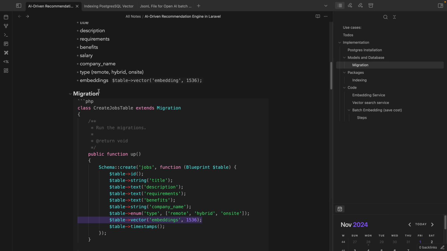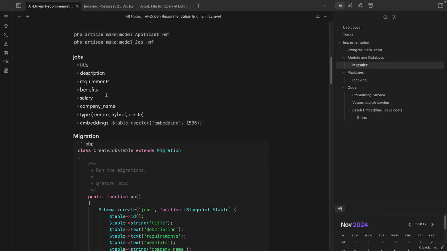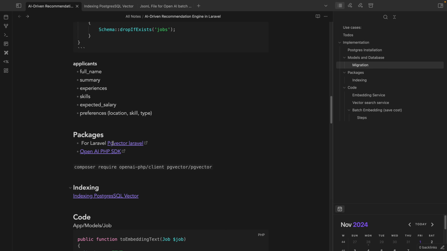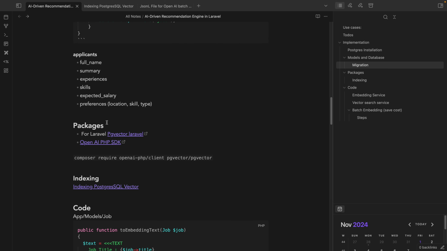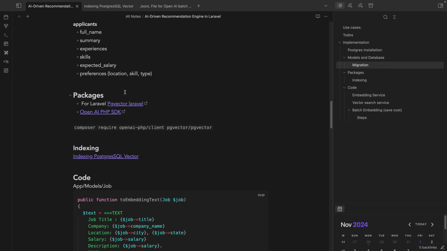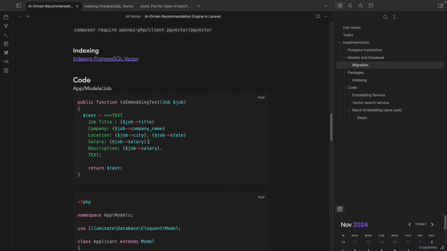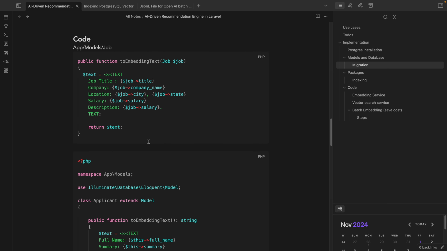We definitely need a factory to seed some data to test with. So now we have two models, and we have all the data seeded using factory or seeder. We have all necessary packages we need, and now in the code part what we need is just add one method